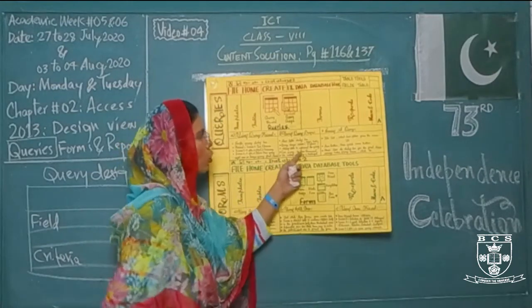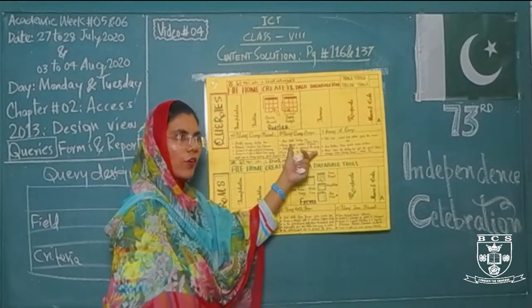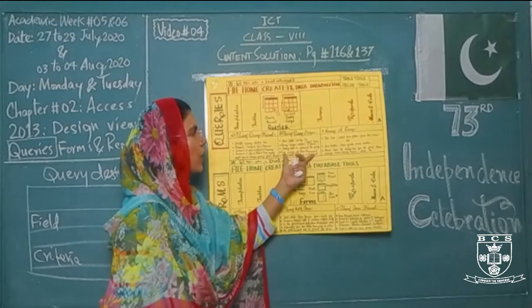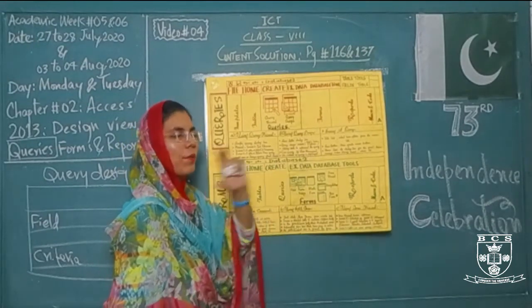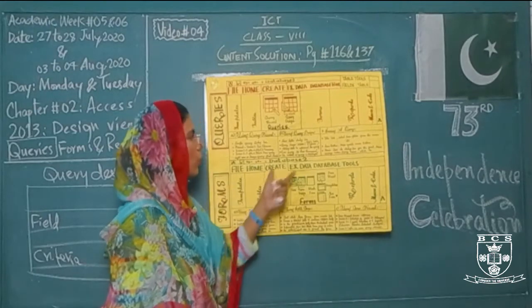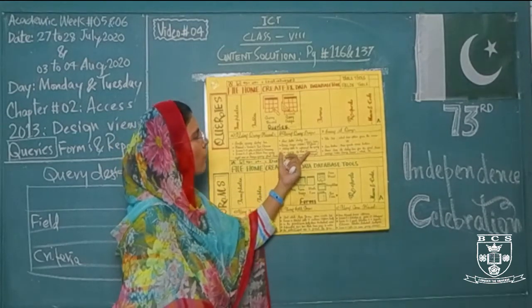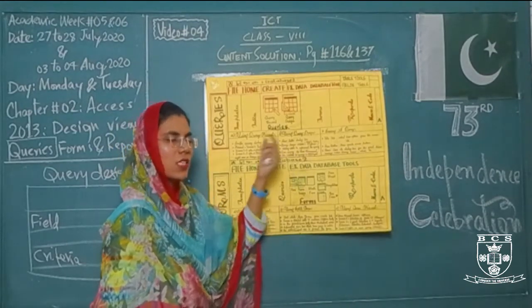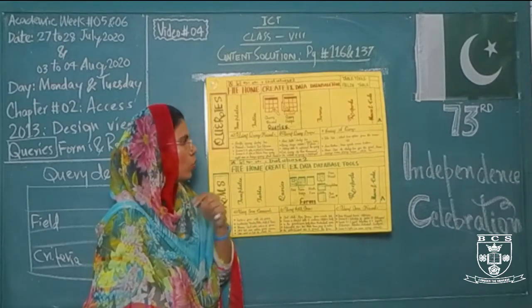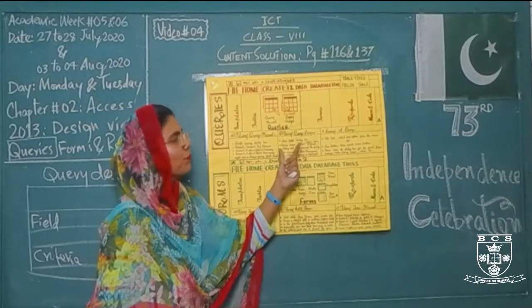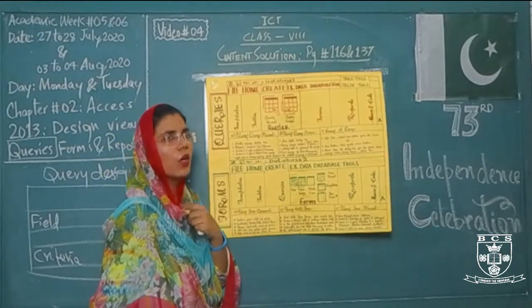Adding data to represent the query, whatever the data or whatever the data type you want to add, you have to select for this particular query. You will add that data, you will complete your grid as per your choice. Right after that, you have to now run your query. Once the grid is completed, now I want to run my query. So how will I run my query or view my query?